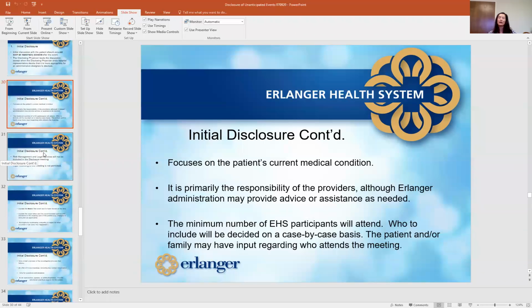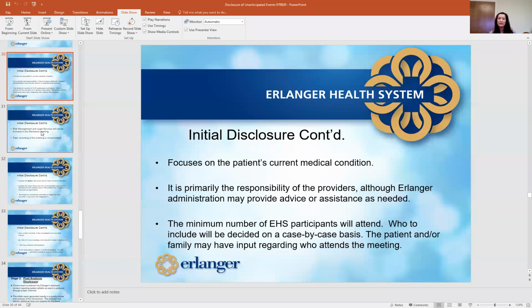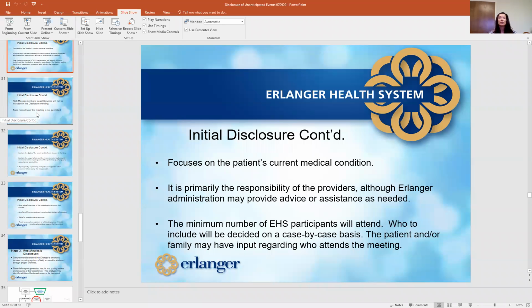So let me give you an example of a brilliant, and I'm not using anybody's identities, obviously, but there is a phenomenal physician who performed surgery on a patient, and it just so happened the patient is an attorney, bless him. But anyway, he calls me and says, we left a sponge in this patient, and we're going to have to do a subsequent surgery. But do you know what he did? He immediately went to the patient as soon as they realized that. He had actually already talked to the patient before they ever called me.